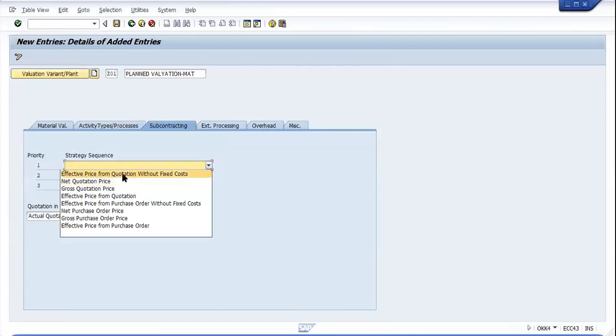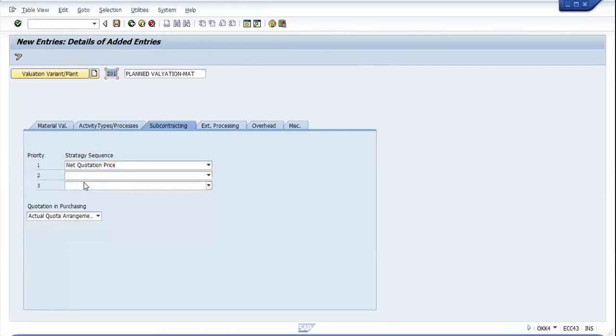Effective price from the quotation without fixed cost, net quotation price, gross quotation price, effective price from the quotation, effective price from purchase order without fixed cost, net purchase order price, gross purchase order price, effective price from purchase order. So what we will use here is the net quotation price. In the valuation we are valuing each and every object, like we value the material, we value the activity,